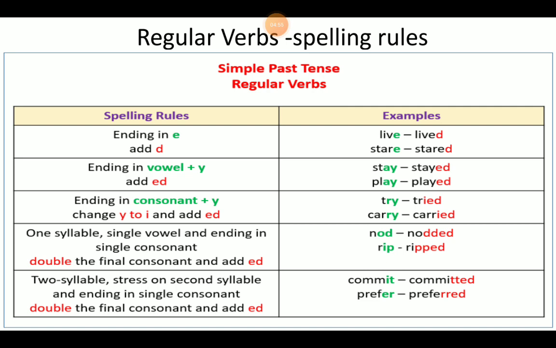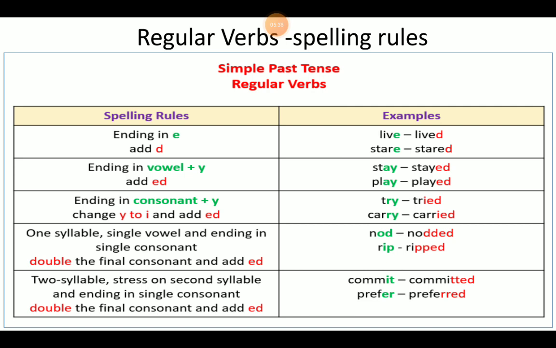Hope you get it. And then if the word is a monosyllabic word, that is a one syllable word, if it has only one single vowel and it is one syllable, we have to double the ending consonant letter and then we should add ed. Okay, so see here, in all the words we should somehow add ed, but with some little alterations. Here we have to double the consonant. In case of monosyllabic words, double the consonant and then we should add ed.